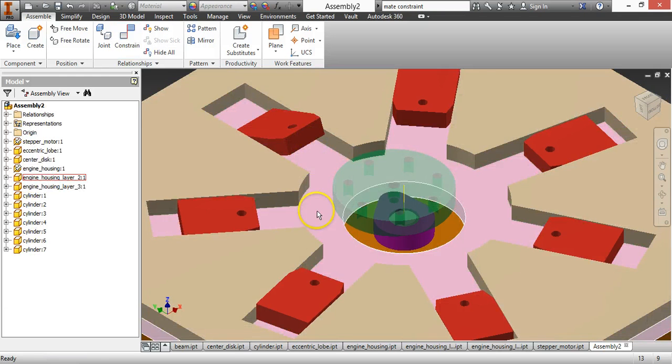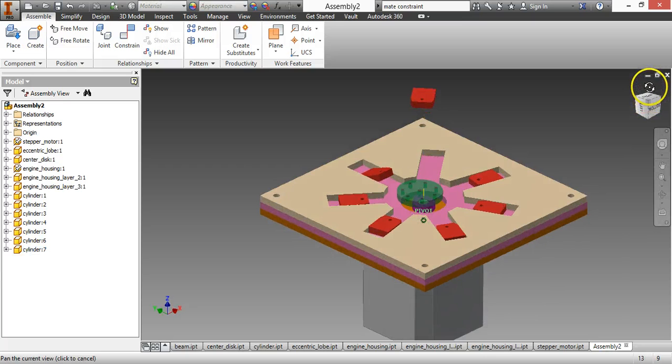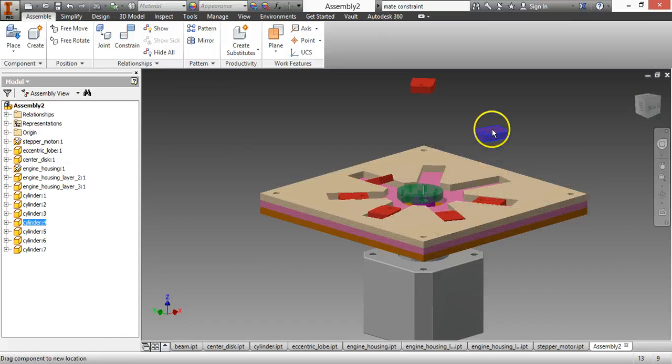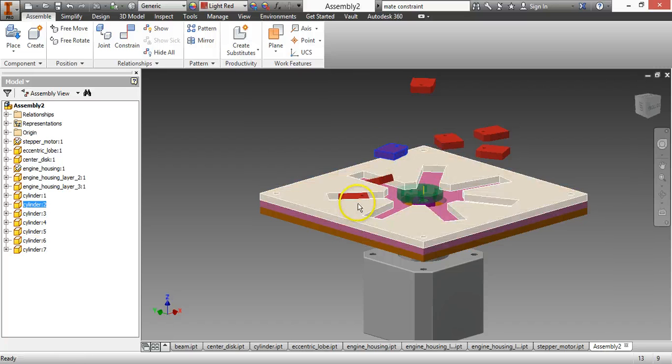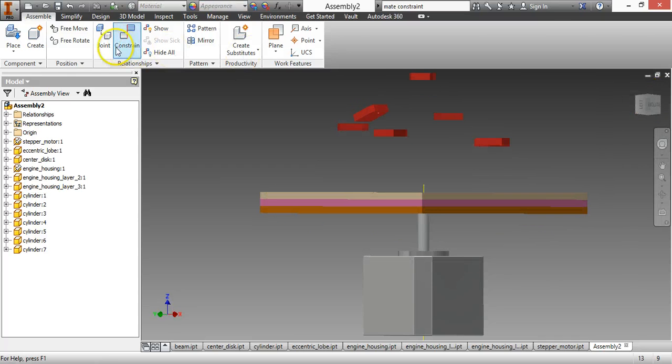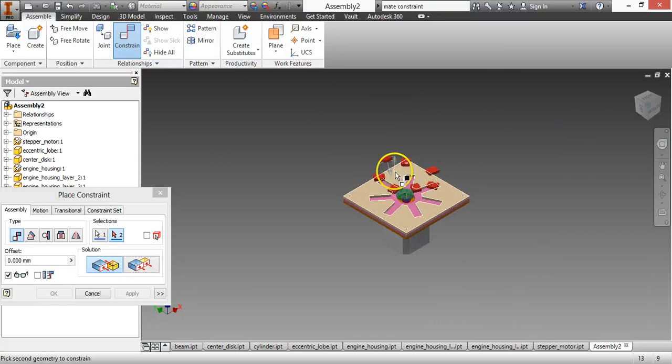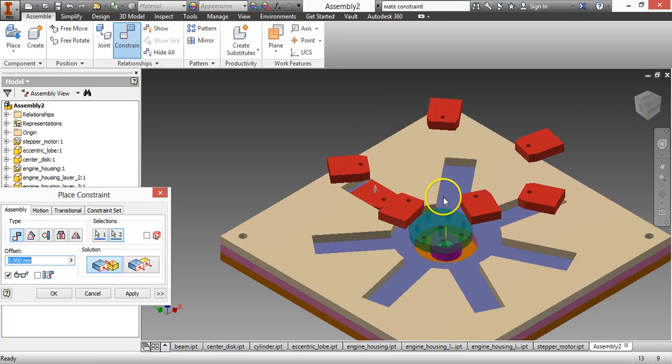And so the way I have to do that is first I have to move these pieces vertically so that I can select the bottom face. So we'll go here and move all these pieces up, and then rotate ourselves so we can constrain. We'll start with this one, the bottom face of the piston to the top surface there. And if we hit apply,